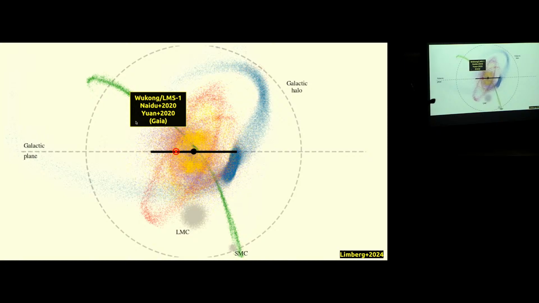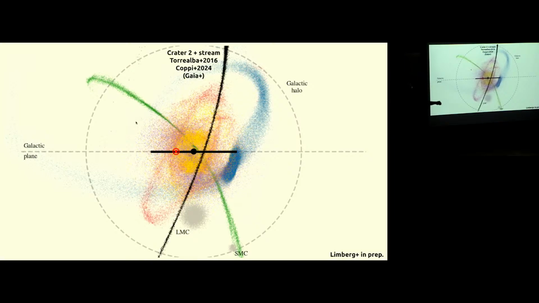This galaxy was enriched in these very heavy elements through neutron star mergers. So this ended up being the first example of a galaxy that has been predominantly chemically enriched in these elements through neutron star mergers, which you can imagine is important for a bunch of different reasons. And then one of the most recent discoveries was this one stellar string right here associated with this one galaxy that we call Crater 2. This is going to be the topic of the second part of my talk.